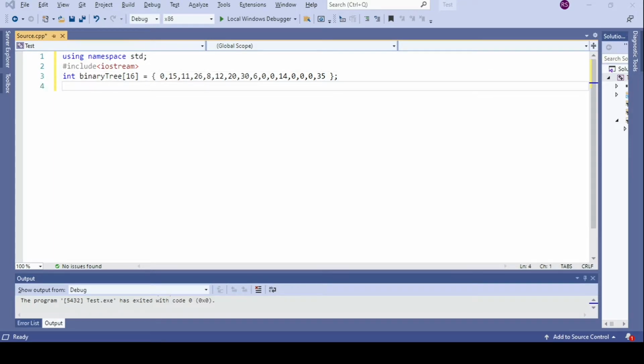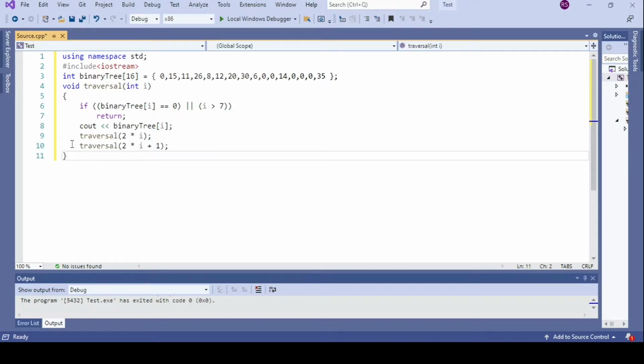The next step is converting that logic. So we need to implement the traversal function. I have already implemented the function, so I'm just pasting it here.